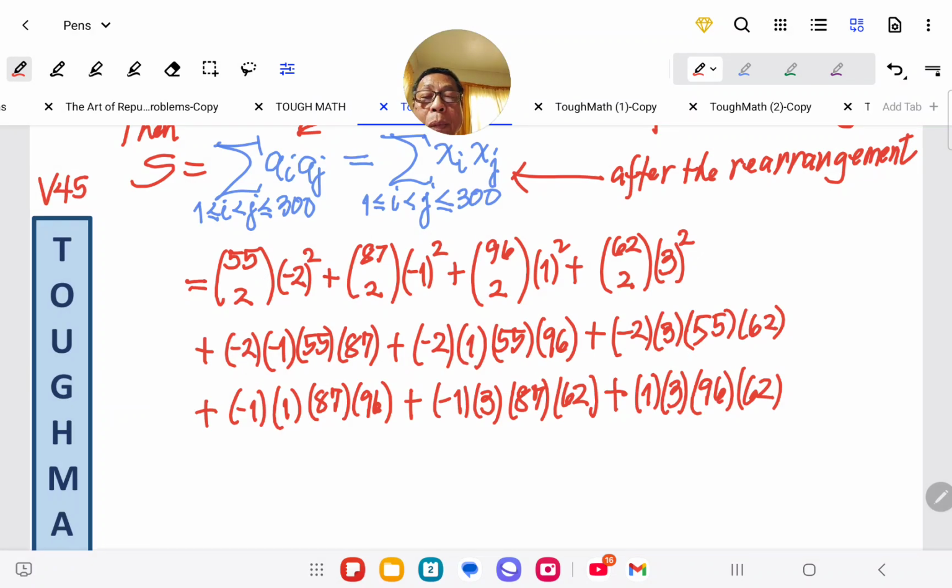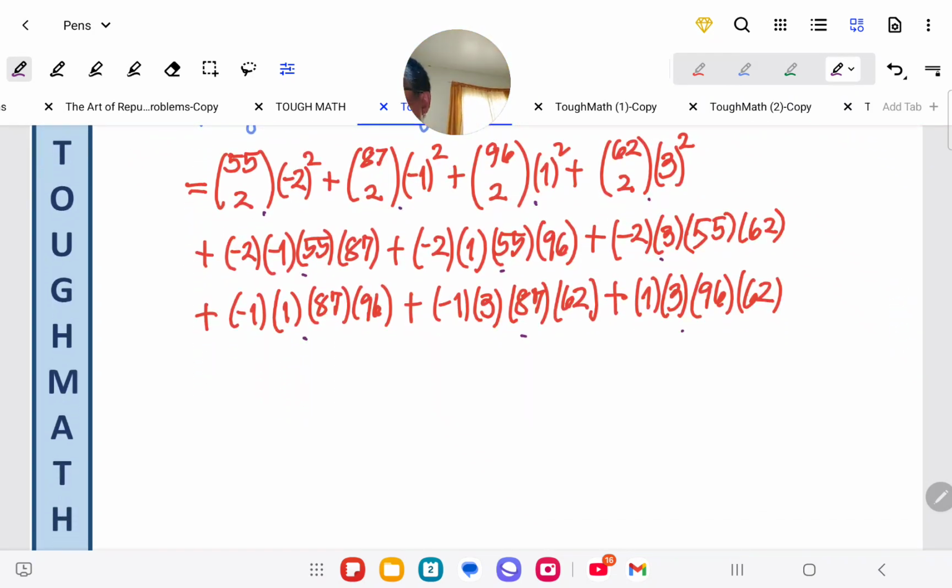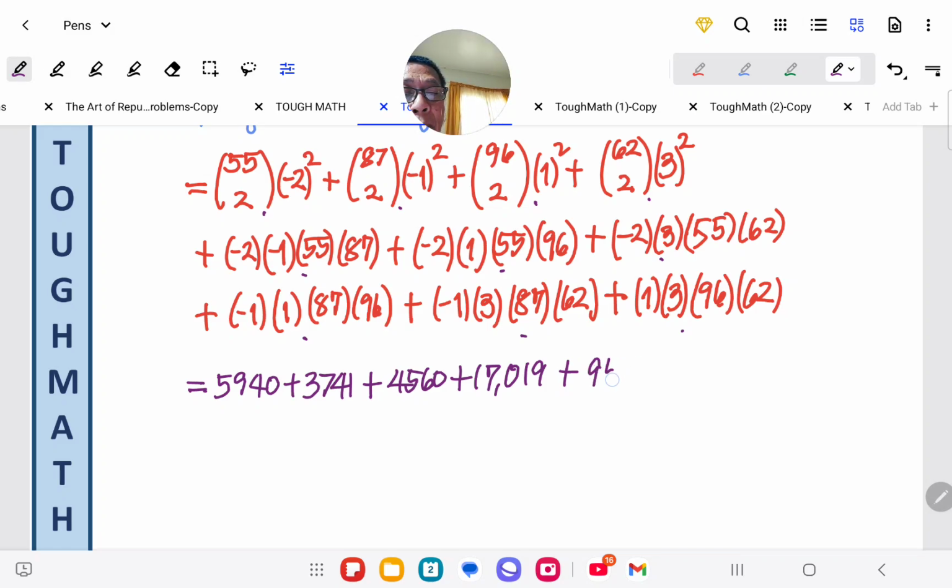How many terms? You have 1, 2, 3, 4, 5, 6, 7, 8, 9, 10. So there are 10. And from this we have 5,940 plus 3,741 plus 4,560 plus 17,019 plus 9,570